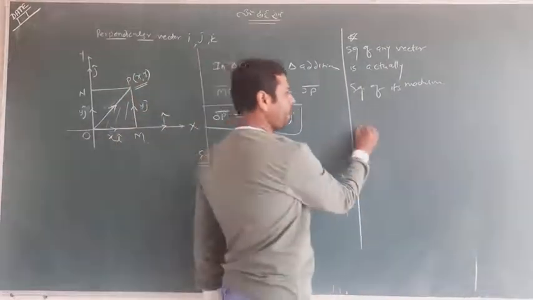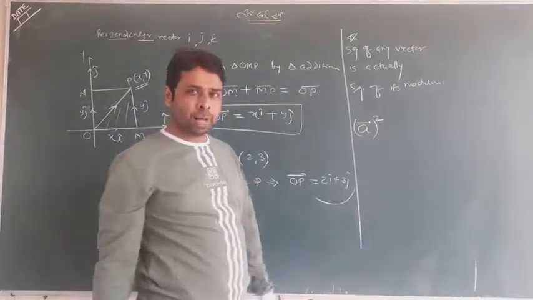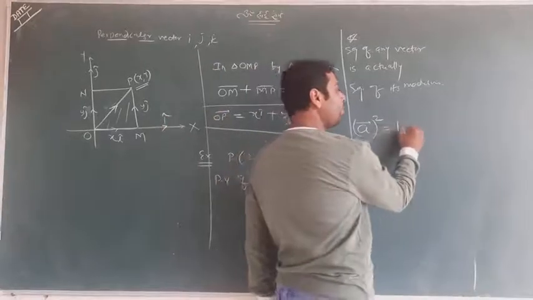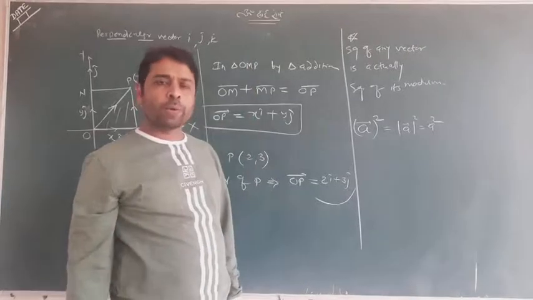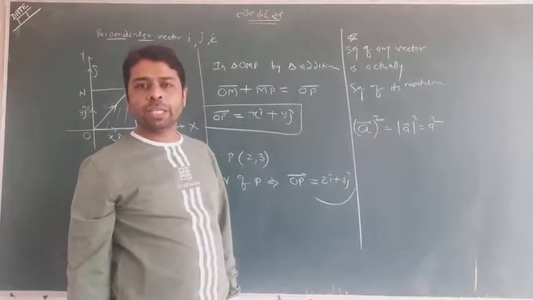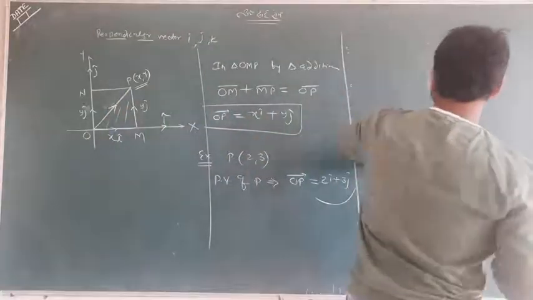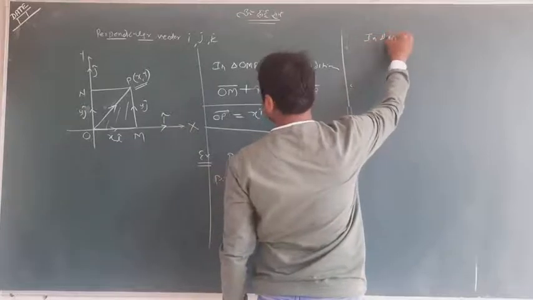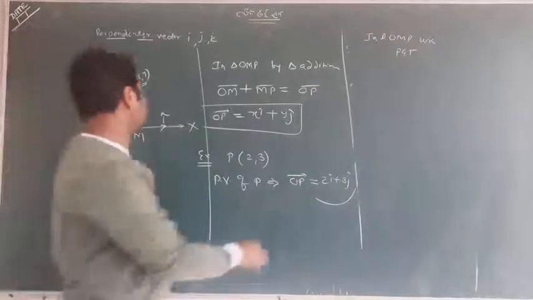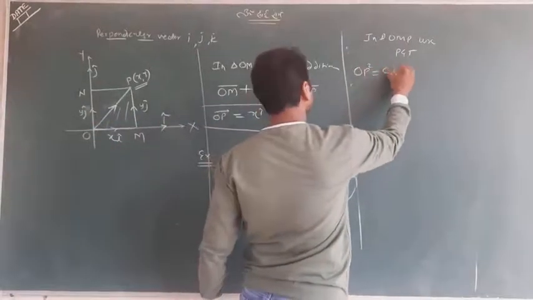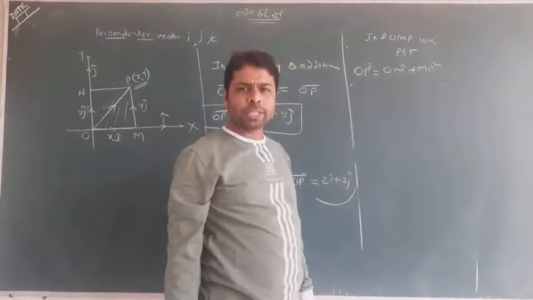If you have seen it like that, the square of any vector makes no sense as a vector. But actually it is the square of its mod. Yesterday I taught you about the mod. So whenever the square of any vector comes, it means the square of its mod. So this concept I'll use here a little bit in triangle OMP, using the Pythagoras theorem. OP square is equal to OM square plus MP square. This is not addition law on a right triangle, it is simply the Pythagoras theorem.